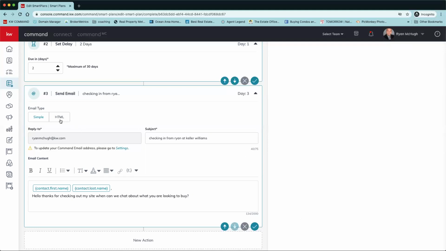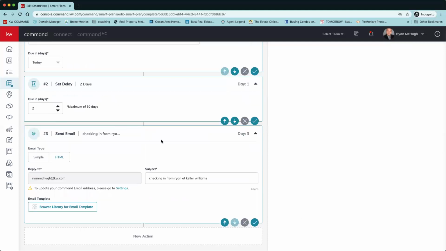The other option in here you're going to see is option number 2. It's HTML. So if I click on HTML, it kind of changes the look of this, right? It removes what I can customize. Same reply to address. I can still make it the same subject. Just now I get to go through the KW email templates and send them something so I don't have to get creative. So if you don't want to reinvent the wheel or make something yourself, we're going to use the library. So when I click on this library,